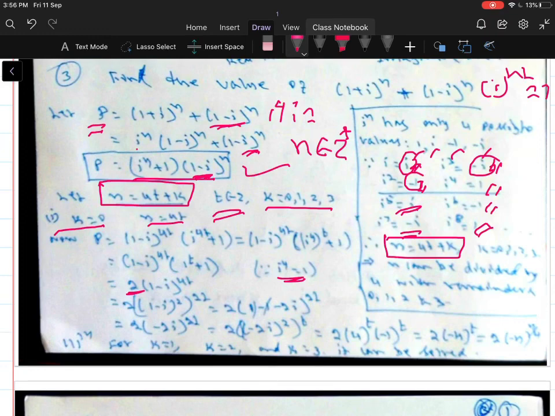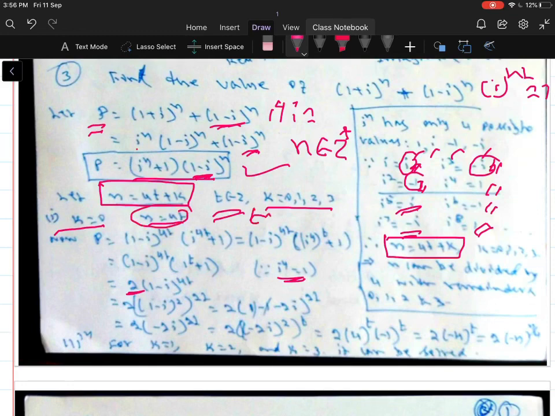4t can be written as 2 square t. That is ((1 minus i) whole square) whole power 2t taken. (1 minus i) whole square can be written, by using the (a minus b) whole square formula, as 1 minus 1 minus 2i. 1 minus 1 gets cancelled. So remaining is 2 into (minus 2i) whole power 2t. 2t is nothing but, 2 into ((minus 2i) whole square) whole power t I can write. So this is nothing but 2 into (4 power t) minus 1 power t, so this is nothing but 2 into (minus 4) whole power t.